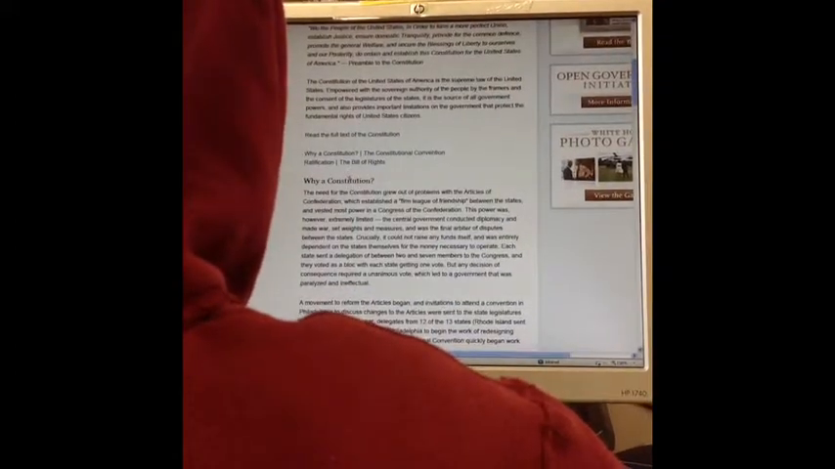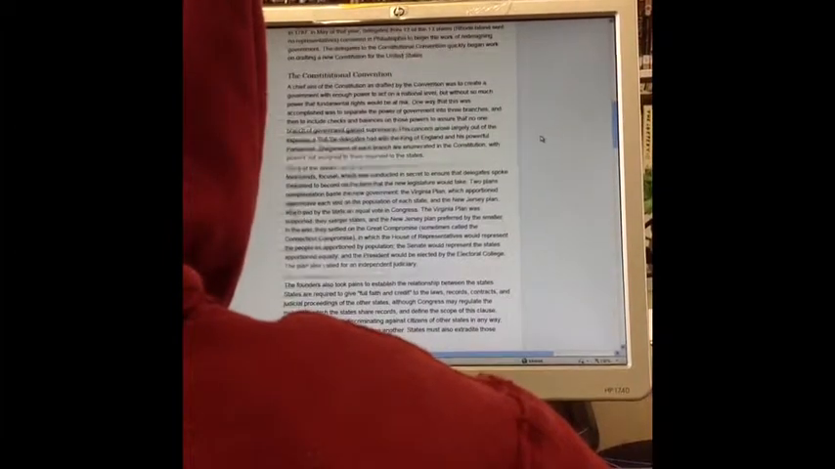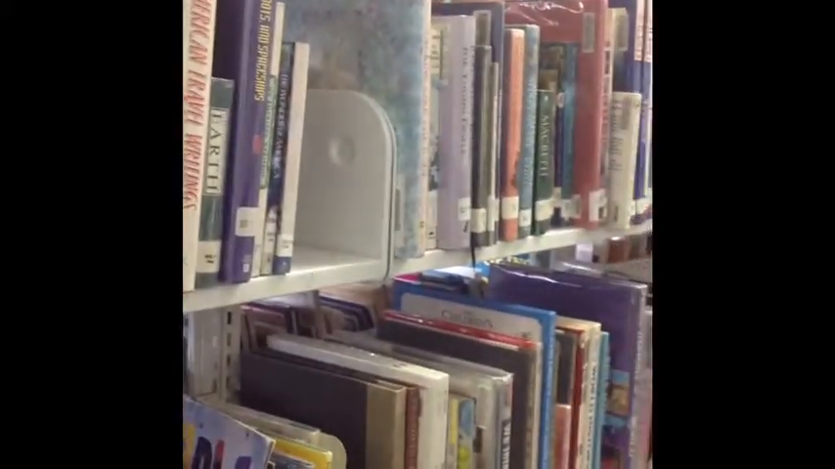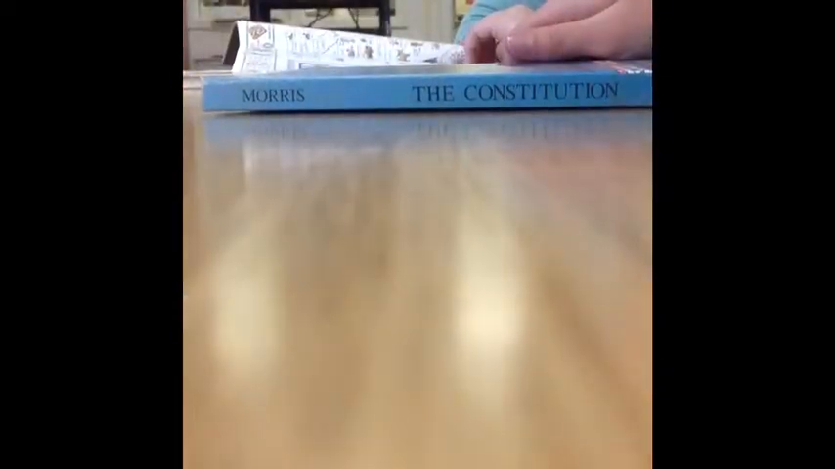Article 7 is the ratification from all the states. The Articles of Confederation called for all 13 states to approve any revision to the Articles. The Constitution required that 9 out of the 13 states would be needed to ratify the Constitution. The first 10 amendments to the Constitution were ratified on December 15, 1791, and form what is known as the Bill of Rights. The First Amendment guarantees the freedom of religion, speech, press, assembly, and the right to petition the